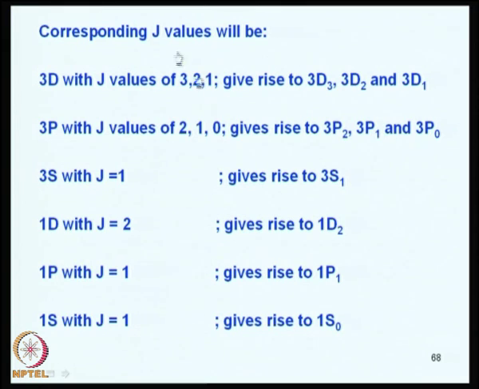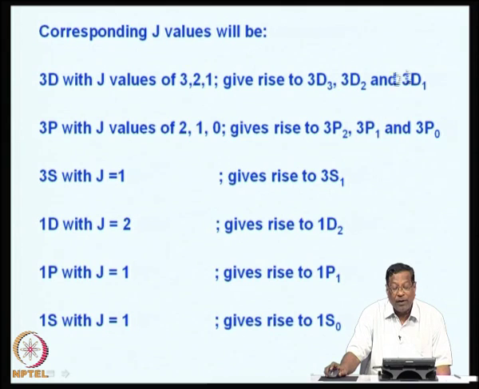Corresponding J values we can calculate. For 3D, J values will be 3, 2 and 1. So, this gives rise to 3D3, 3D2 and 3D1 states. Similarly, 3P with J values of 2, 1 and 0 gives you 3P2, 3P1 and 3P0. So, 3S with J is equal to 1 gives rise to 3S1. Similarly, 1D will give you 1D2, 1P will give you 1P1 and 1S will give you 1S0. That means, so many energy levels for each